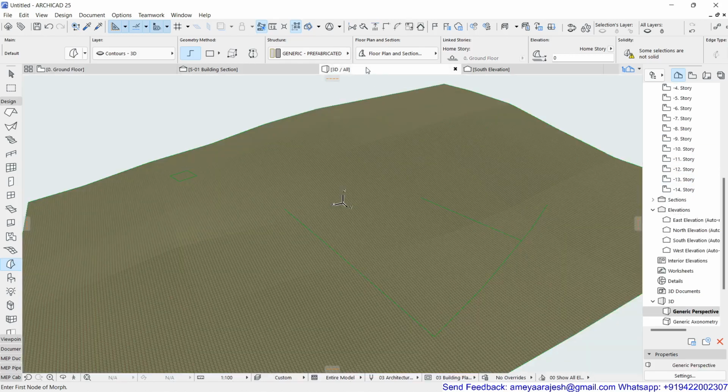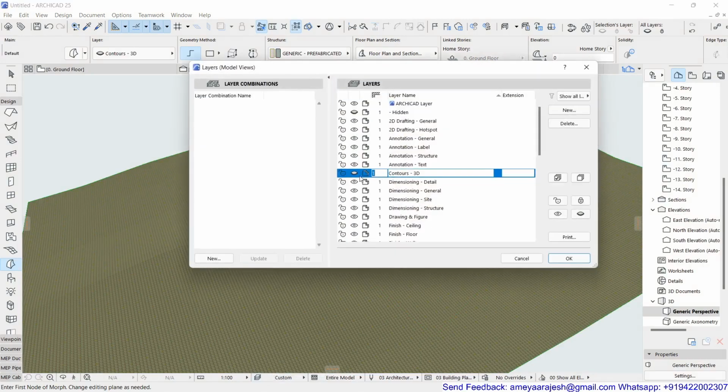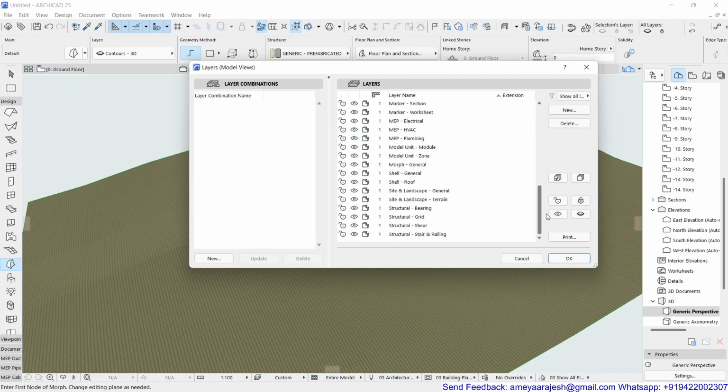So if I switch to my 3D display, obviously here first of all I am going to switch off, I'll be placing the 3D contours on, but I'll just try to turn off this morph layer also.